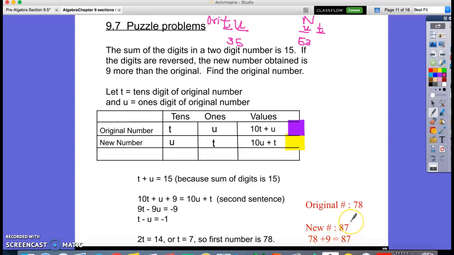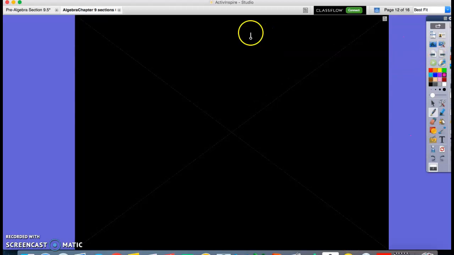So how do I check it? 78 plus 9 should be equal to the new number. Yes, right? So we got the correct answer. So, second problem